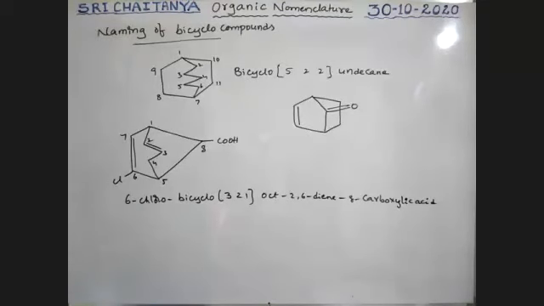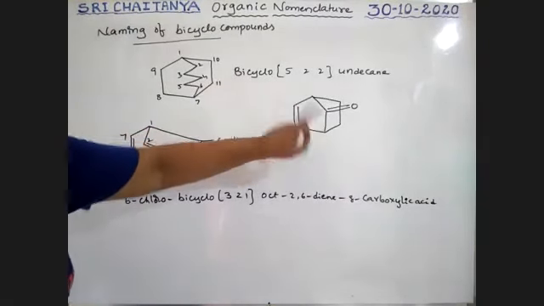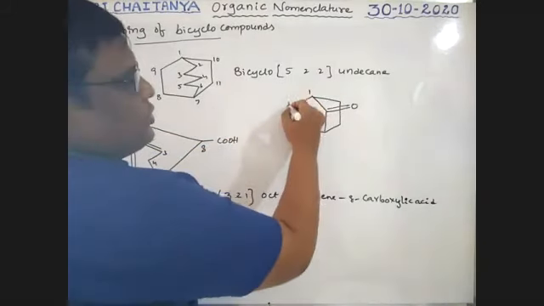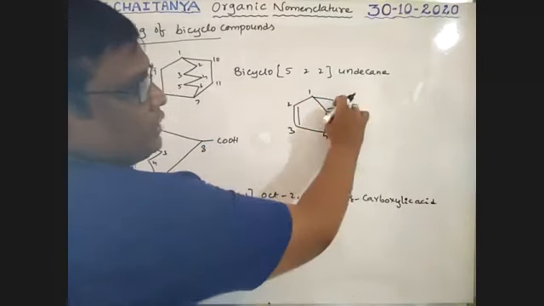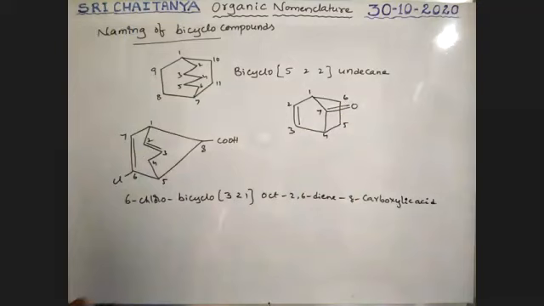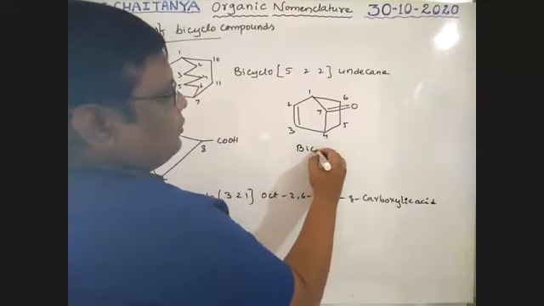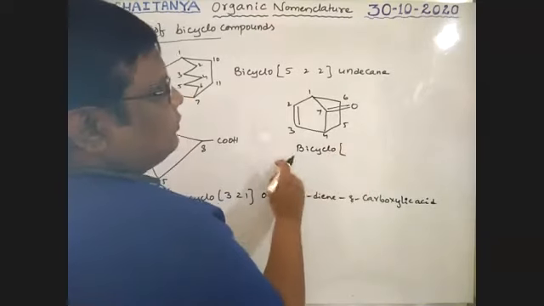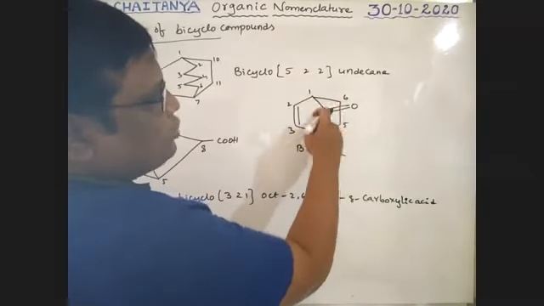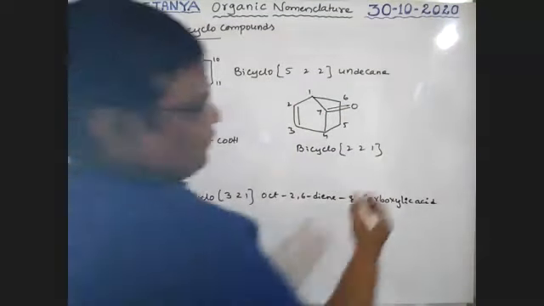First, you should go through the first long chain. It is 1, 2, 3, only 3. 1, 2, 3, 4, a 4 chain. Therefore, it is 1, 2, 3, 4. Next, it contains 2 carbons, it contains only 1 carbon. Therefore, 5, 6, 7. Therefore, it is bicyclo. So it has 2, it is 1. 2, 2, 1. So total 7, hept.